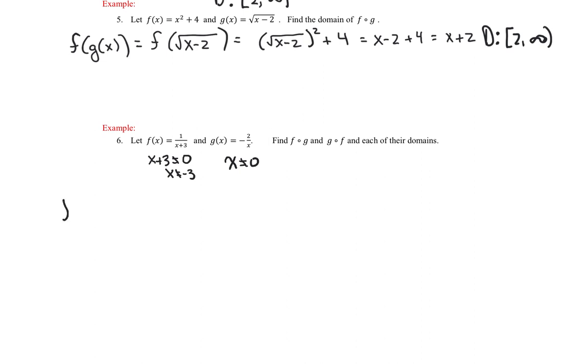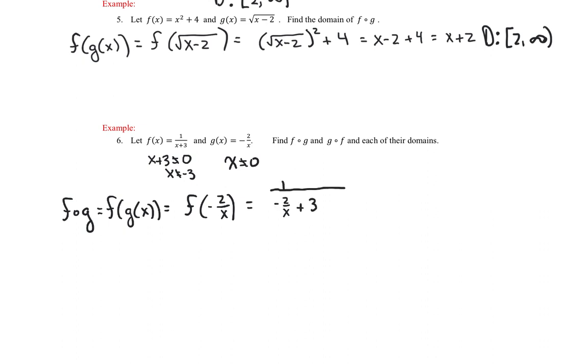So first, let's look at the f of g. Let's recall that this is the same thing as f of g of x, which means we are going to plug g into x. And we'll get this. Now, this is a complex fraction, so let's multiply both the numerator and the denominator by x. And when we do that,